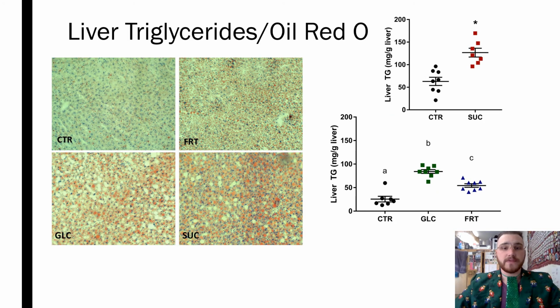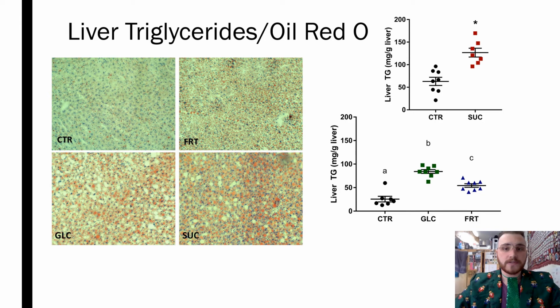On the left, we can observe the Oil Red O stain, which tests for fat globule accumulation in the liver. Fat droplet cells are stained red, and the blue dots display the nuclei of the cells. As we can see, there's a significant increase in fat droplet accumulation in all three of the sugar cohorts in comparison to the control. However, the glucose and sucrose cohorts contain larger clusters of accumulated fat droplets in comparison to